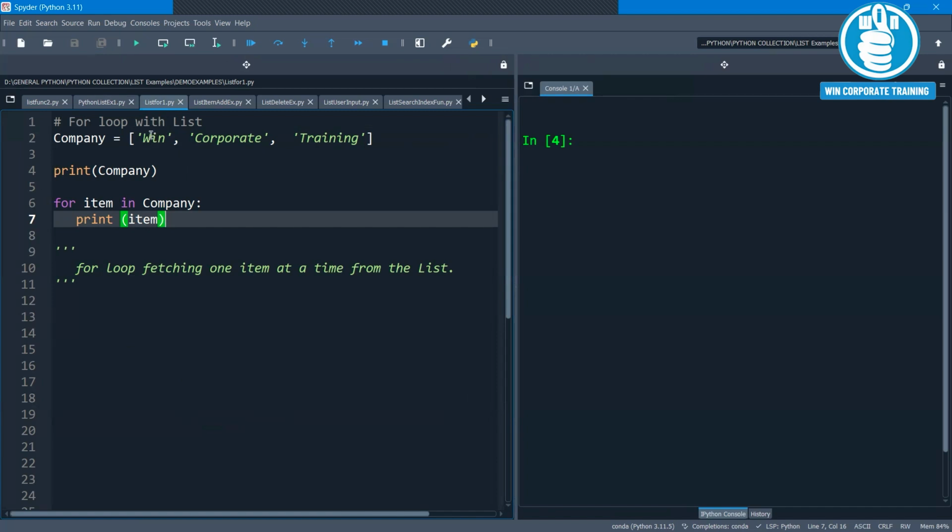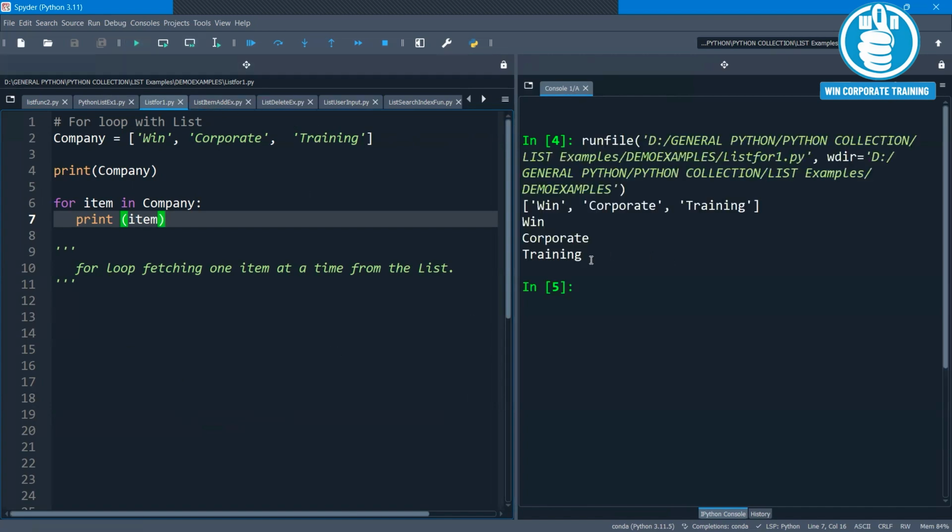It will help you to fetch one item at a time from the list till it reaches the last item in the list. Here we are applying a for loop based on item to item navigation. I am just executing this. You can see 3 separate values are printed. This is one way of using the for loop.